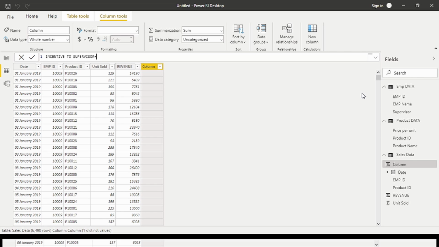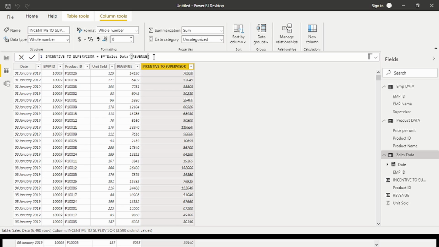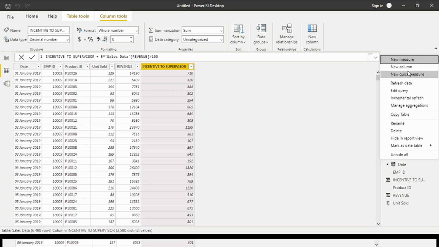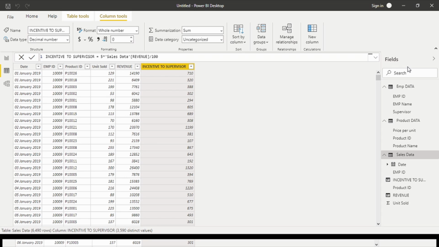Incentive to supervisor is nothing but, we assume we give 5% incentive on revenue. So the formula is 5 into sales data revenue divided by 100. So this is the formula and next we have to calculate incentive to employee.